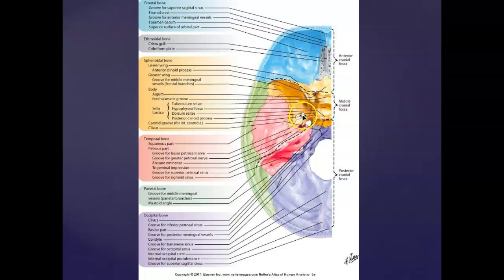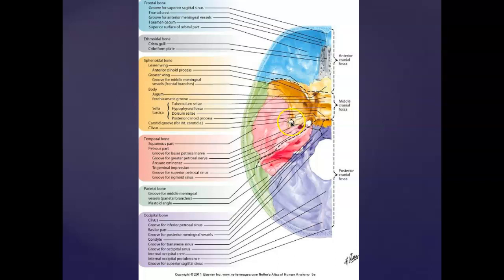And then the foramen ovale, which is right here. Hopefully I said that right. So let's start over. Ophthalmic division, V1, is going to go through the superior orbital fissure. V2, the maxillary branch, is going to go through the foramen rotundum. And the mandibular branch, V3 of the trigeminal, is going to go through the foramen ovale as it